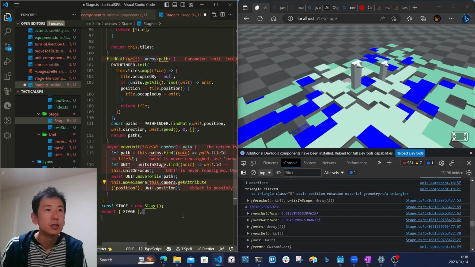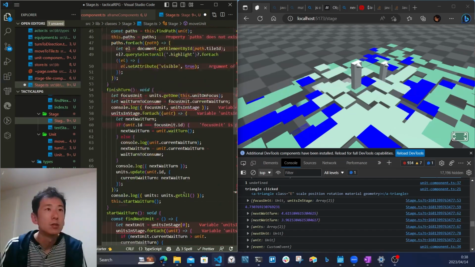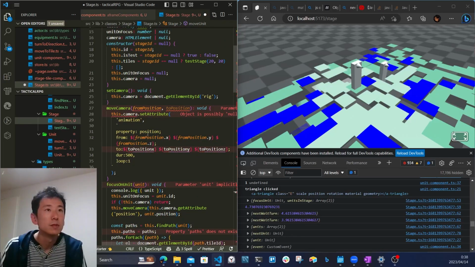And actually, from position is already defined, so I don't need it. Move camera, unit position. Move camera, because from position is already defined, which is from position to